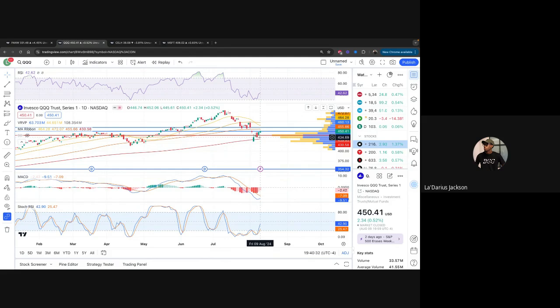Do I think that after we have this MACD crossover and the move to the upside that we're done? No. We could reject really hard and come back down, but I'm looking at this for just what I can see. And for the week, it looks like we're going back up, and we may have some trouble once we get north of 460. But right now we're looking good. And again, if we do break that 20 at 465, we could go up potentially 473, but that's